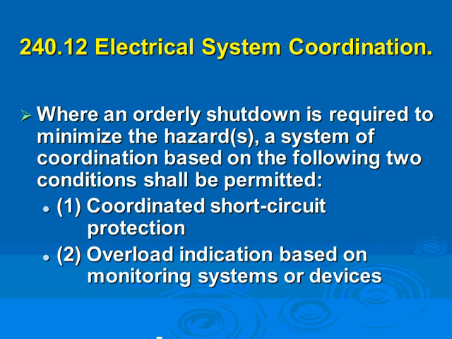How are you going to get that? You have to run a short circuit analysis. Because of this, and because of the arc flash label, 99% of the time, if you have an engineering project, you are looking at a short circuit study, an overcurrent coordination study, as well as an arc flash study. Overload indication based on monitoring: if you have a building automation system or a SCADA system, you can easily look at these electronic circuit breakers, see if they're overloaded, and shift loads around for the overload condition. So that's your